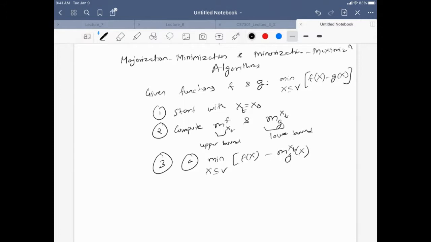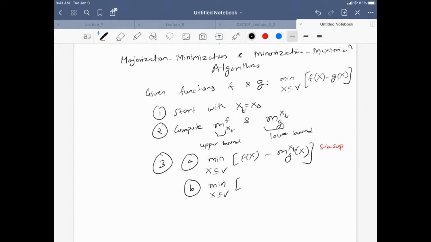So tight at xt, I use this modular lower bound and I minimize this. This algorithm is called submodular supermodular, and this was actually done in 2005 by Narasimhan and Bilmes. But then we came up with two additional variations of this,